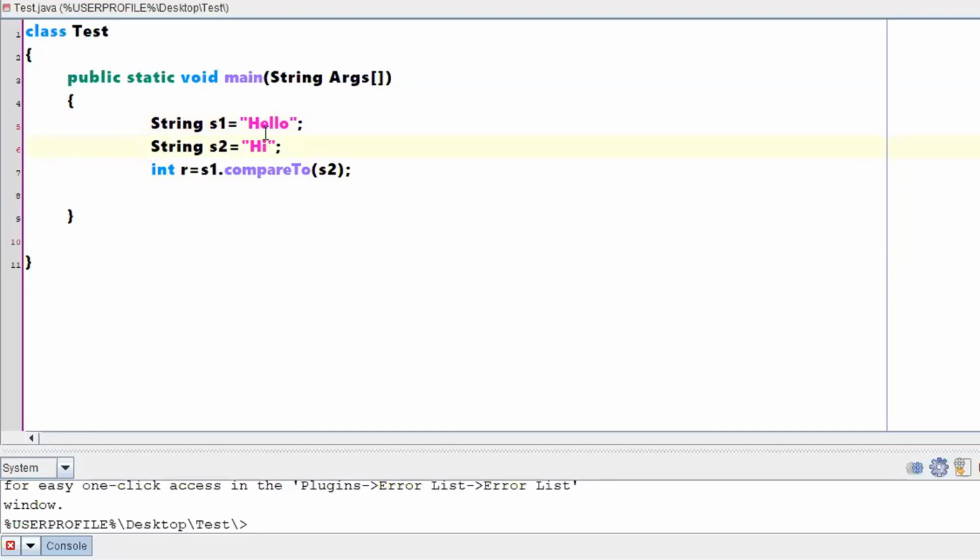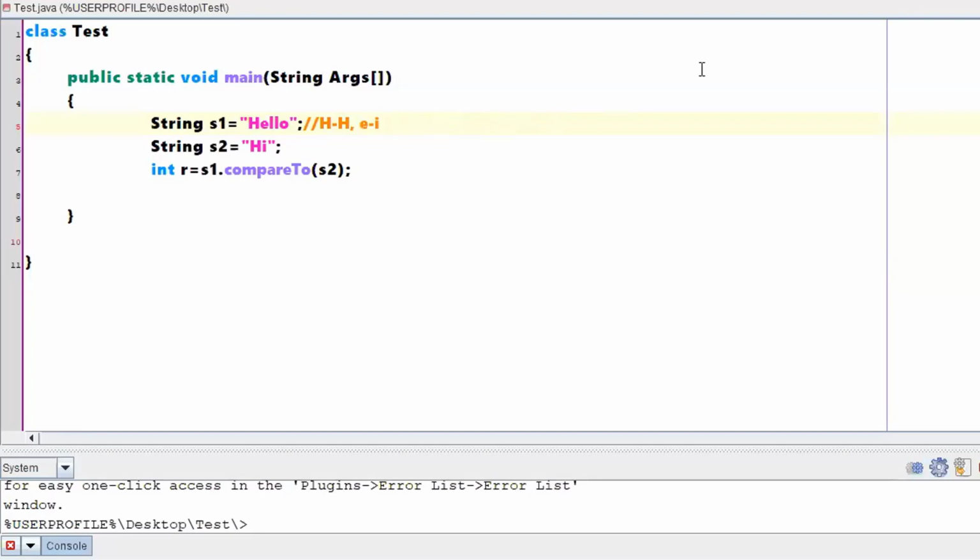So again I am telling you, it will be compared based on ASCII values. Okay, so now what will be the comparison? How the comparison will be done is, initially it will be comparing h with the h, as both the characters are the same, so its value will be 0. Now what it will do, it will perform a comparison between E minus I, right? So if you don't remember ASCII numbers also, which alphabet will come first, either E or I? E will come first, right?